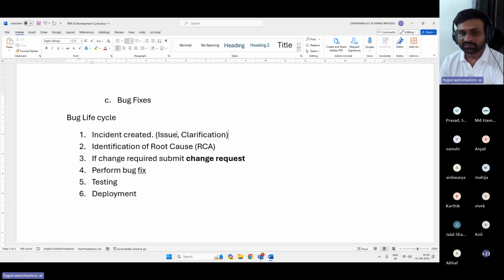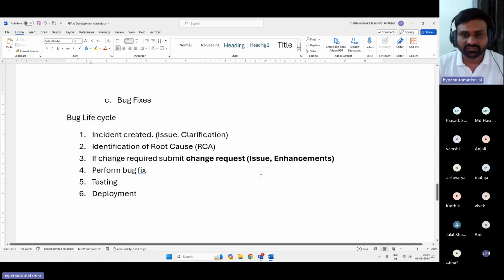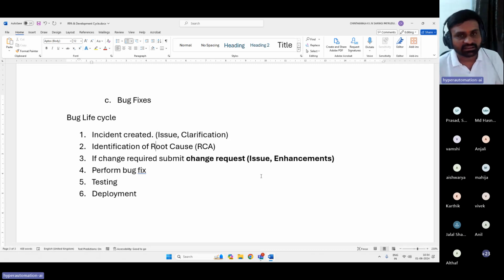And here there will be two types of change requests. One is because of the issue, and the other is enhancements. In case there is an enhancement, for that also we will create a change request. So this is how the post deployment bug lifecycle works. So any queries, guys?